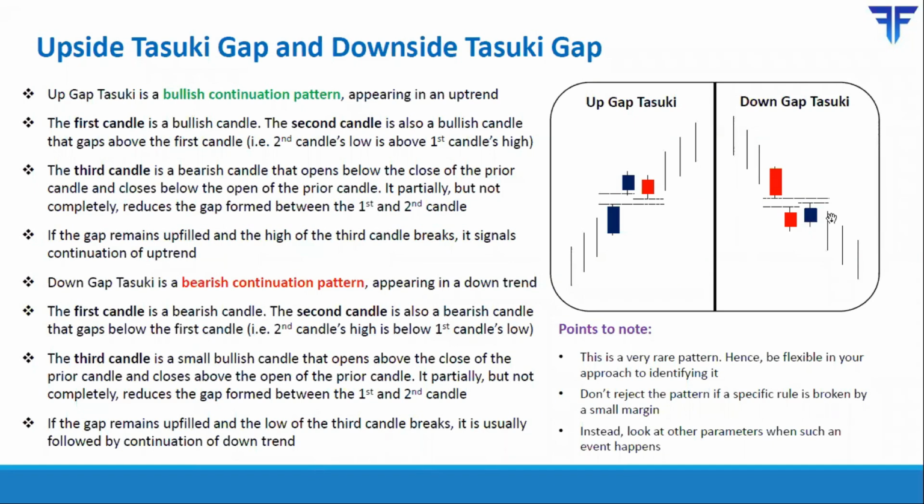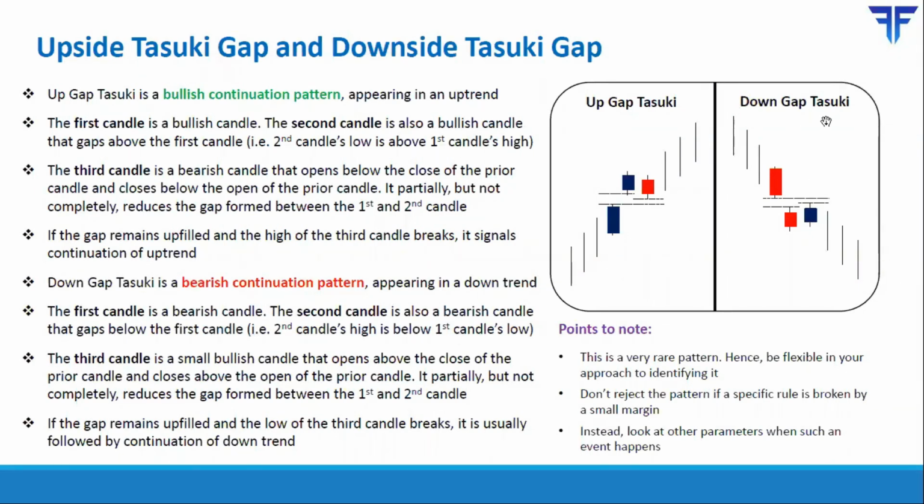For target, you need to look at other indicators because Japanese candlesticks don't forecast what the target is. But you can place a stop loss. You can't, of course, pre-place a stop loss because you need to monitor how price behaves in case the downtrend does not materialize and price starts going higher. In case that happens, if the gap gets filled and if price is showing no signs of coming down, then you should exit your short trade because it indicates that the pattern has failed.